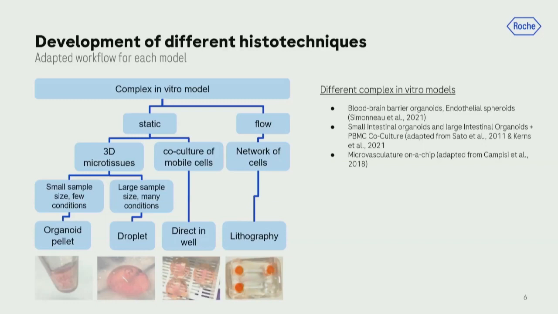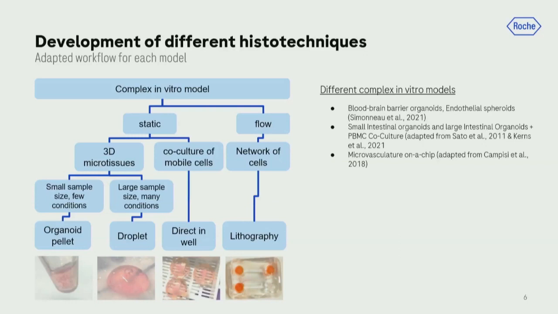If this is the latter case, you should go for direct in-well embedding to really ensure that the spatial location of your mobile cells is retained, and I will show you an example of it later. If you have 3D microtissues such as organoids or spheroids, you may have either a small sample size